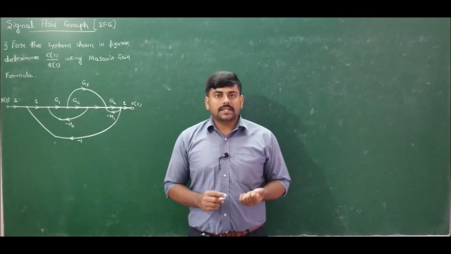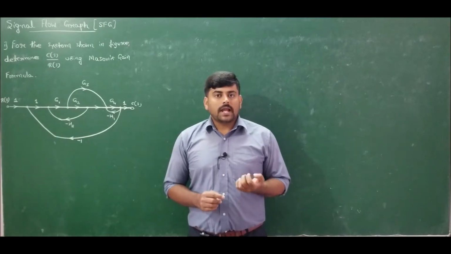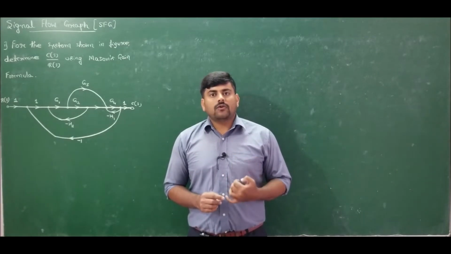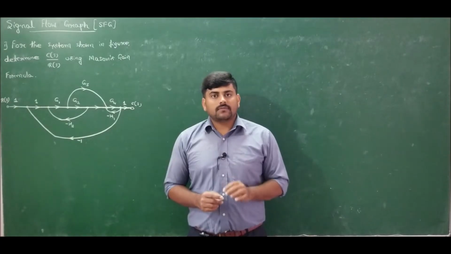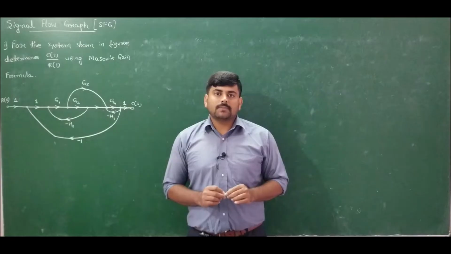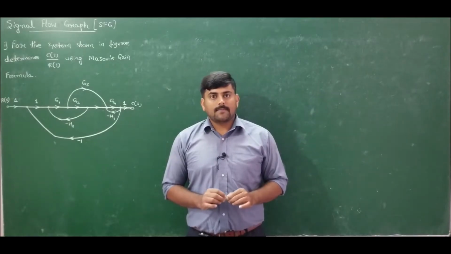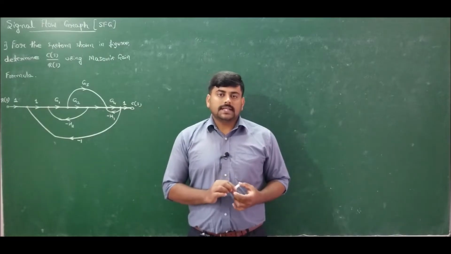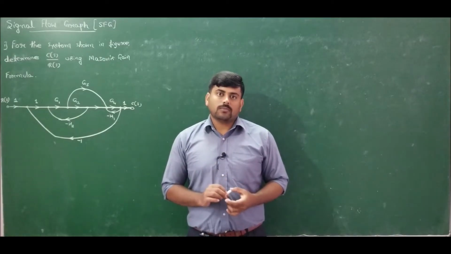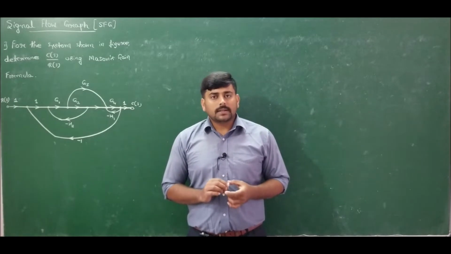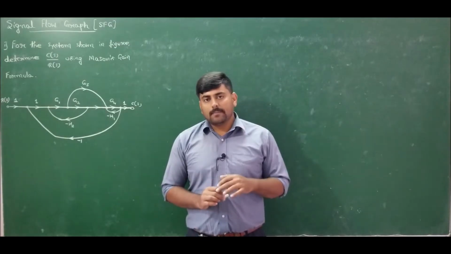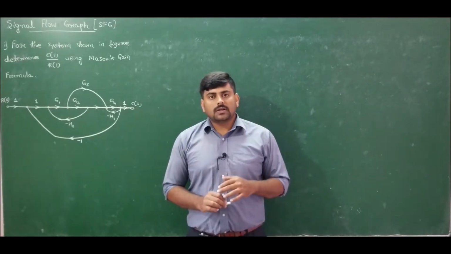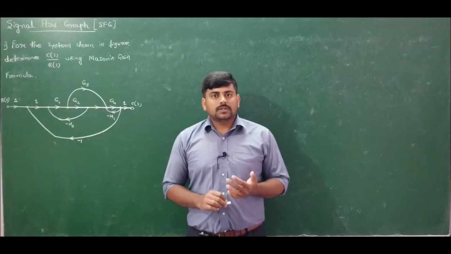We just obtain the data from the given graph, and by using Mason's gain formula we determine the overall transfer function. This concept of signal flow graph was first determined by S.J. Mason. Hence the formula is named after this scientist, that is Mason's gain formula. The important terminologies which will be employed for solving problems on signal flow graph will be explained through the problems themselves.